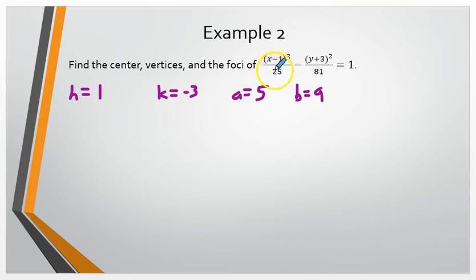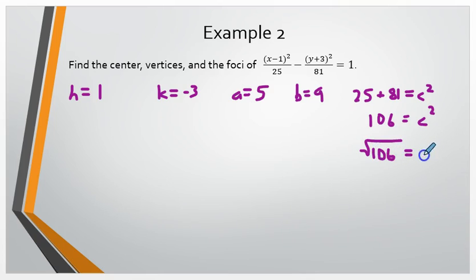To find the c value, I need to do a squared plus b squared. Just change the sign on whatever you see in the shape. So the two denominators are the 25 and 81. I will be adding those together to get c squared. So if I solve this equation, I'm going to have 106 equals c squared. And then we take the square root of both sides,